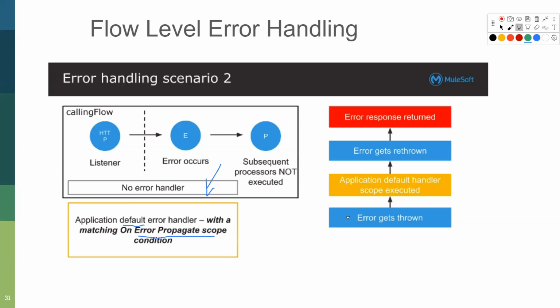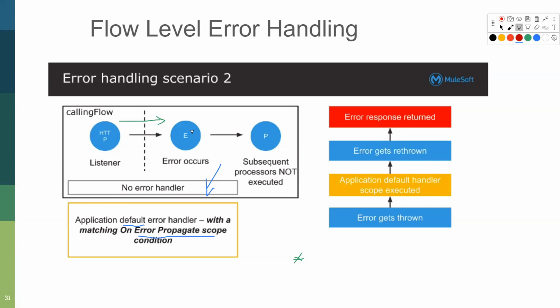So in here, an error happens in E, as you can see. Let's see, the flow goes like this, and let's say the application level error handler is here. Then the error happens in E. It will get thrown to the application level error handling scope because it matches.